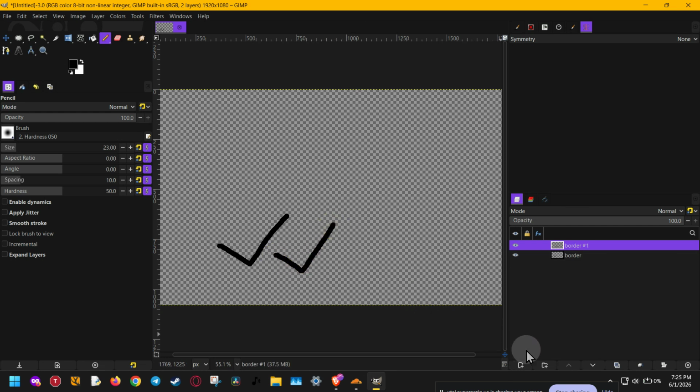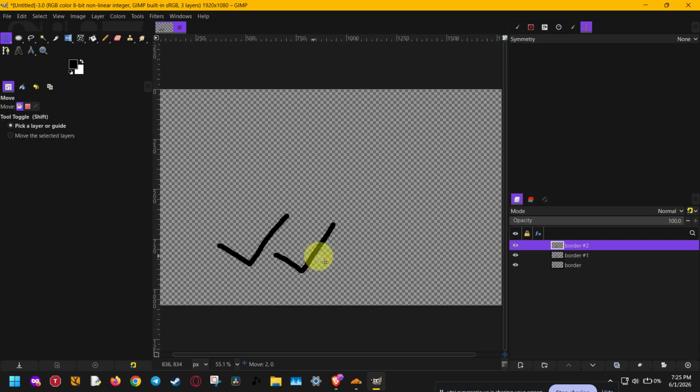If you're animating text or a single object, an even easier method is to duplicate your base layer. You can do that with Ctrl plus Shift plus D. Then use the Move tool, which is M on your keyboard, to shift the subject slightly on each layer. This creates the illusion of motion when the animation plays. The key is to make small changes from one layer to the next so the movement looks smooth when it